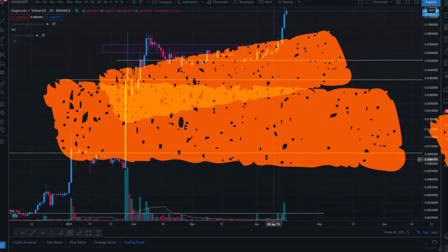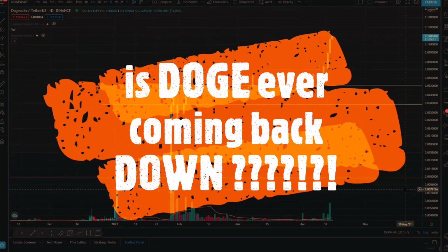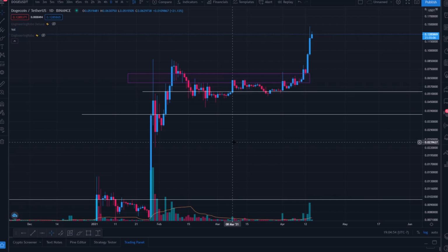Bitcoin, cryptocurrency. I'm going to be taking a look at Dogecoin against US dollar Tether on the Binance chart. I'm going to be taking a look at the technical aspects of price action moving forward, and some key levels I believe we're going to be interacting with in the